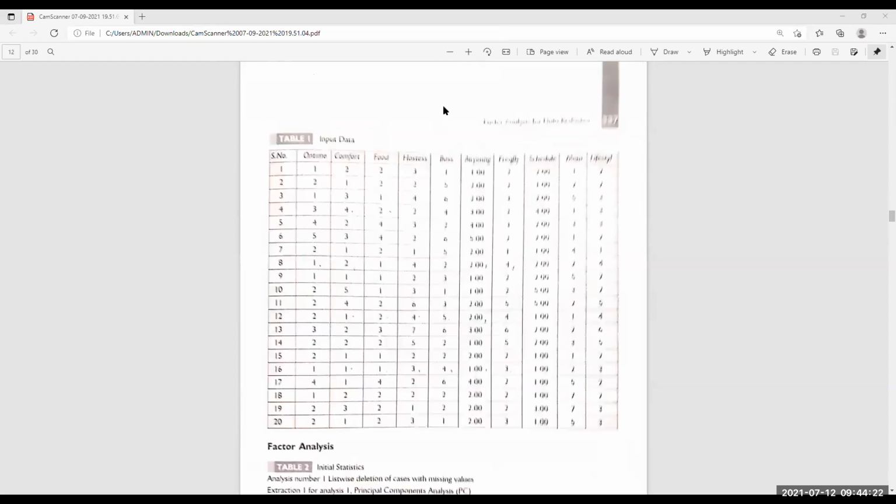So where do we get this? We are getting it here. Let me just point it out again. So food. Have you seen some of the numbers I am circling here? It's number 3, number 4. What are these numbers? These are numbers from the scale 1 to 7. This 4 is indicating more towards disagree. So the range was 1 to 7, 1 was completely agree to completely disagree. So I have circled one number against food by the 7th respondent, whose response has been coded as 2. What does 2 mean?